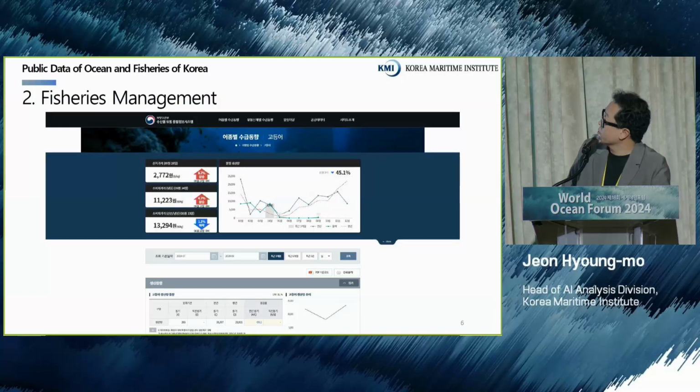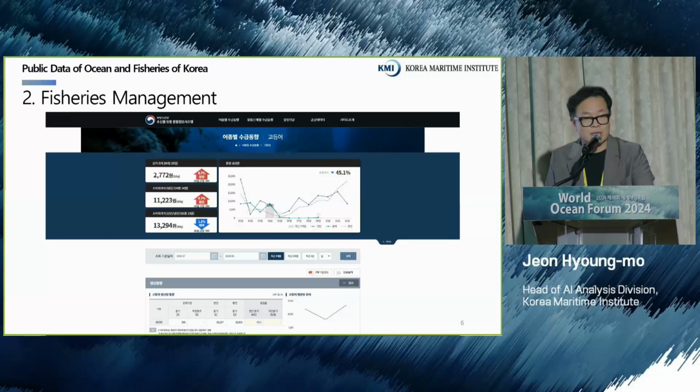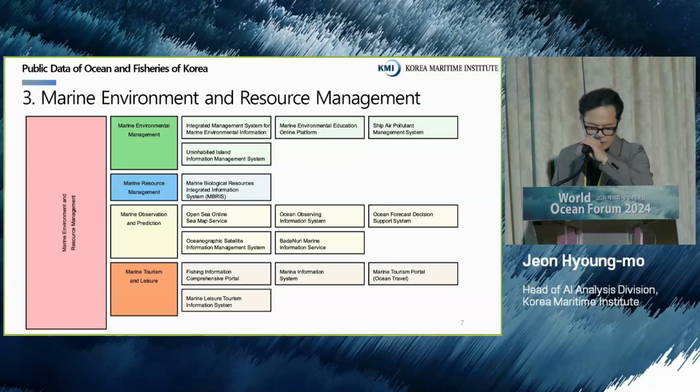You can see each species, the price of production, the status of catch, and price fluctuation. What you see on the slide is for chopped mackerel, and you can sort it by species.